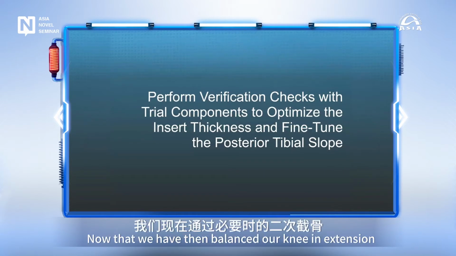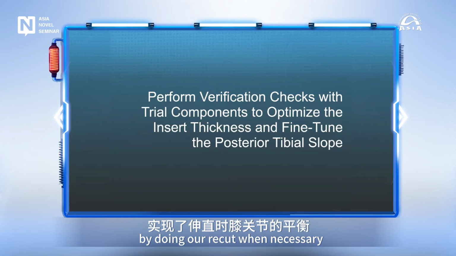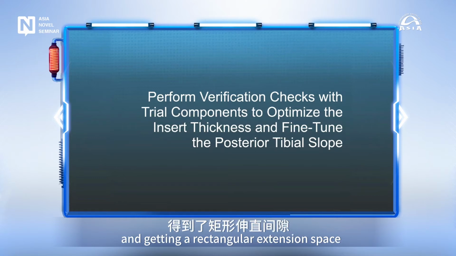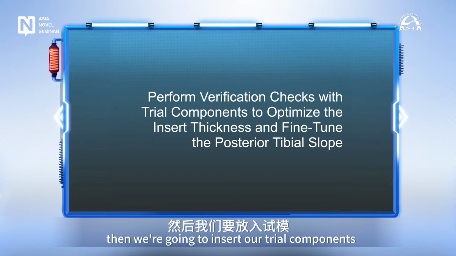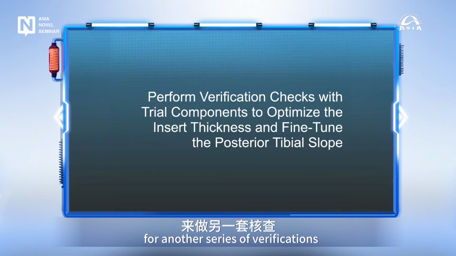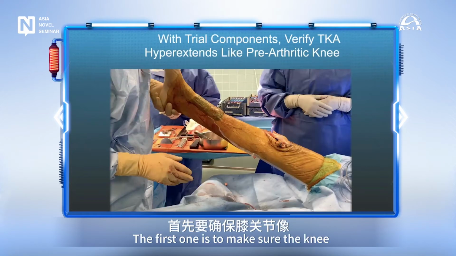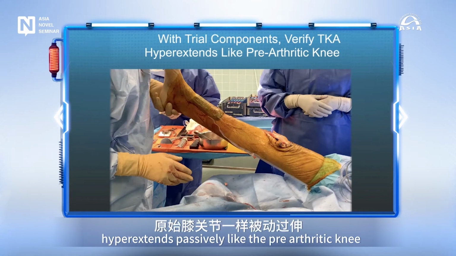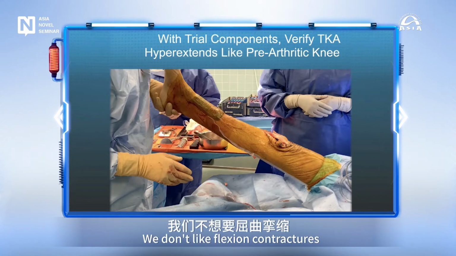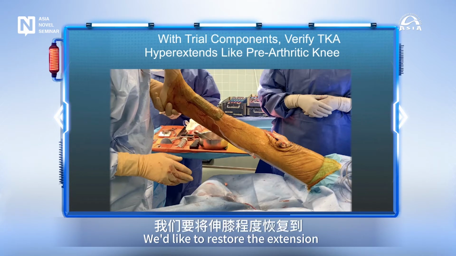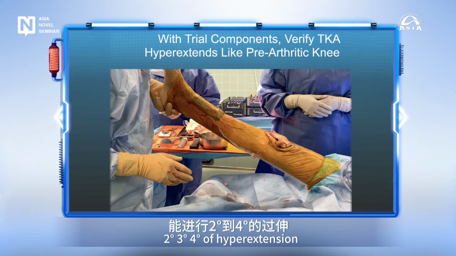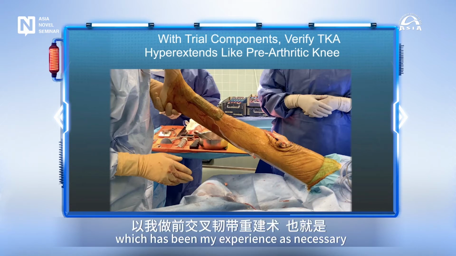Now that we have balanced our knee in extension by doing our recut when necessary and getting a rectangular extension space, then we're going to insert our trial components for another series of verifications. The first one is to make sure the knee hyperextends passively, like the prearthritic knee. We don't like flexion contractures. We'd like to restore the extension, 2, 3, 4 degrees of hyperextension,